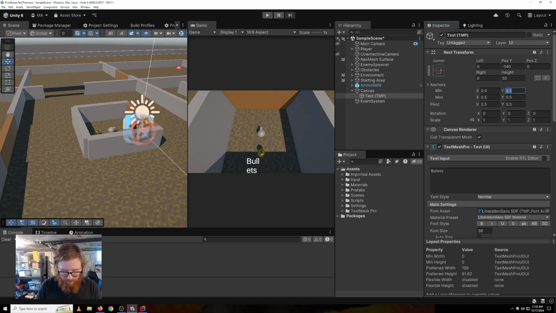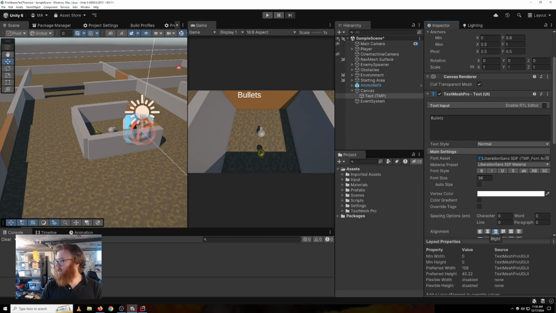And y is going to be 0.8 to 1, 0, 0. Okay, we're going to change the scale of this to 0 to 0.5, 0, 0, and we're going to have it go to the other side. So